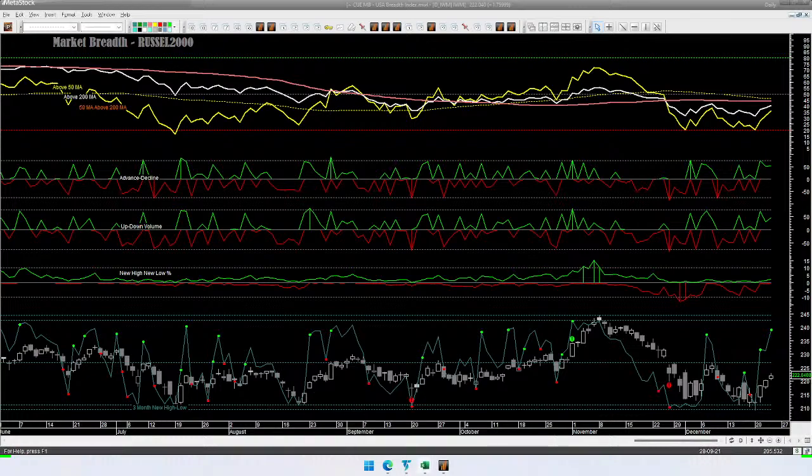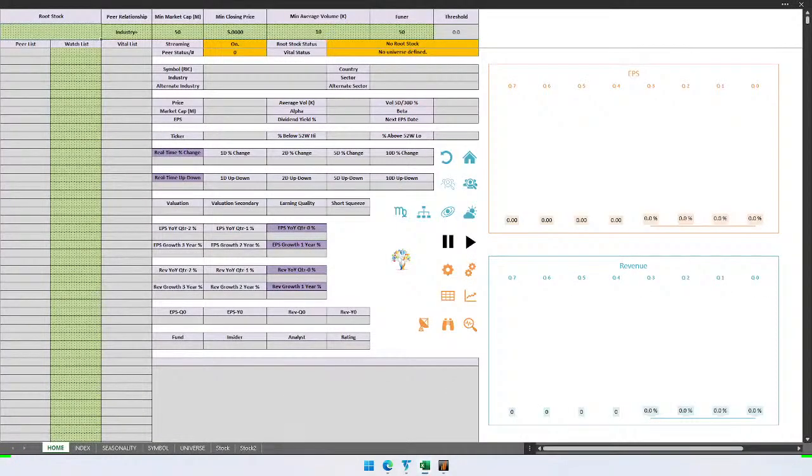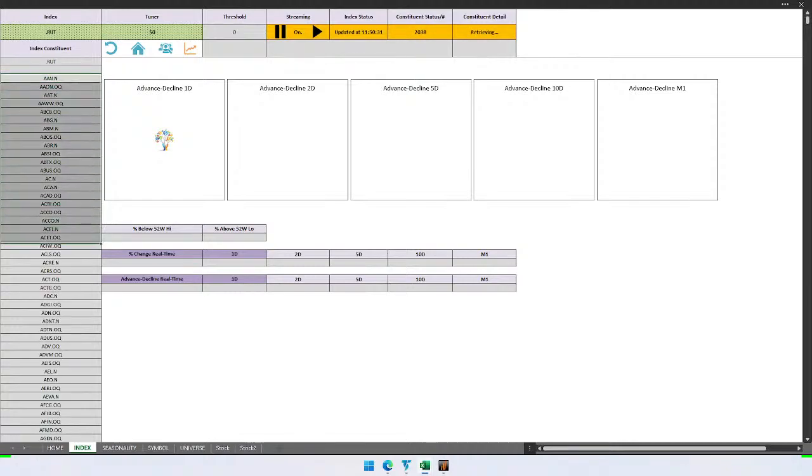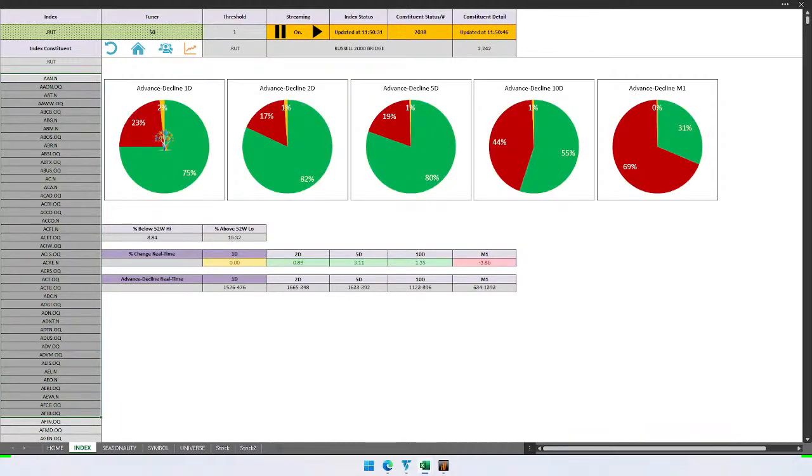Russell 2000. As I mentioned, Q index has the ability to look at all the constituents. Let's use Q index for RUT, that is the Russell 2000 index. Once you type the symbol RUT, it's going to retrieve the constituent stocks from Refinitiv in 100% real time, and we don't have to maintain data lists. If Russell 2000 constituents change, we'll have the updated list here.